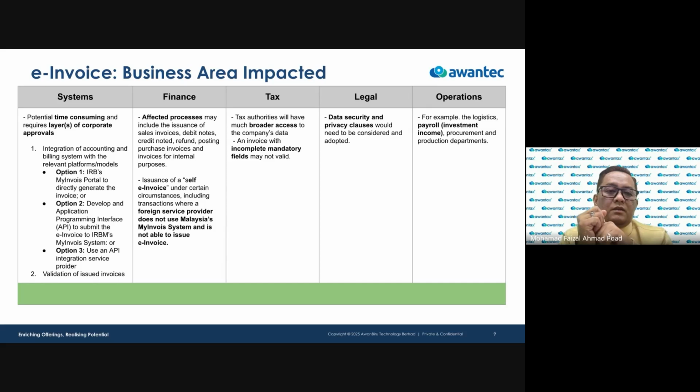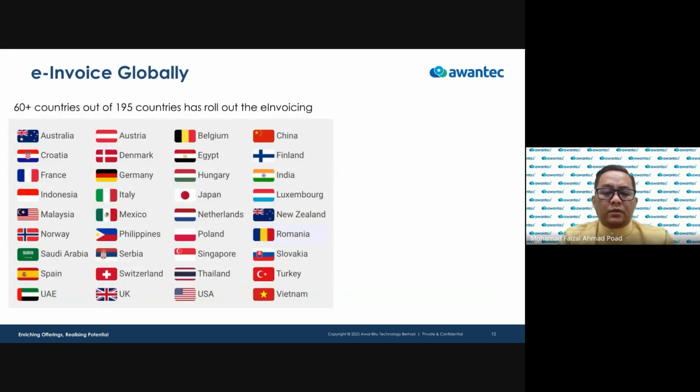So e-invoice is one of the things being applied, and that is how they manage it. All right, so that's why I think e-invoice is not only happening in Malaysia. Our neighboring countries, Singapore, the Philippines, Thailand, and so on, have also brought out e-invoicing.